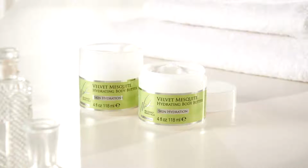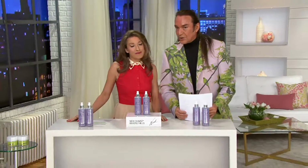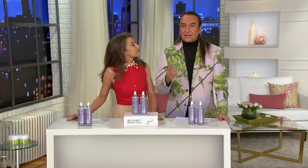So any of you ladies out there, if you're finding that you're tired of your body butter not giving you what it wants, or if it's been oily, or greasy, or weighing you down, this is one time you can change this and make a difference. When I get on the scale, I want to see that one number. I don't want to be a pound heavier. And you don't want flaky skin. You don't want chalky skin. No, thank you. And you know what? African American and Latina ladies, they